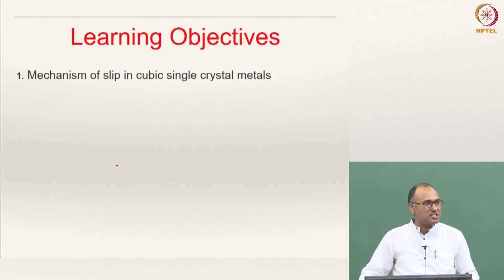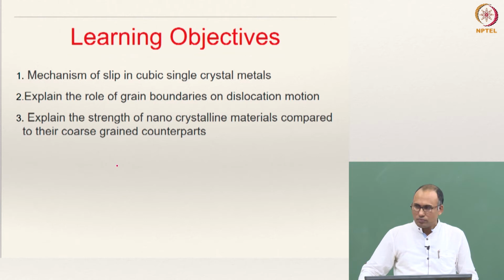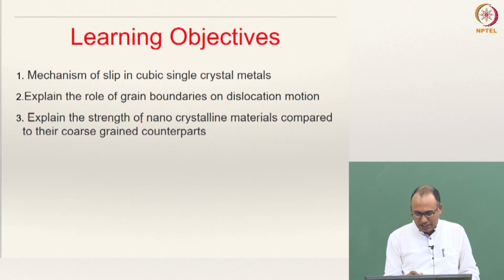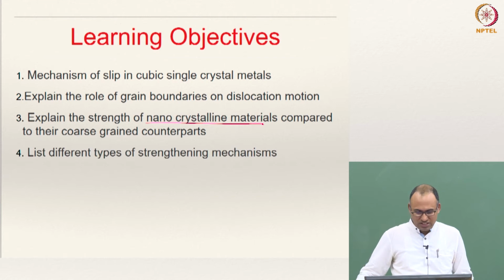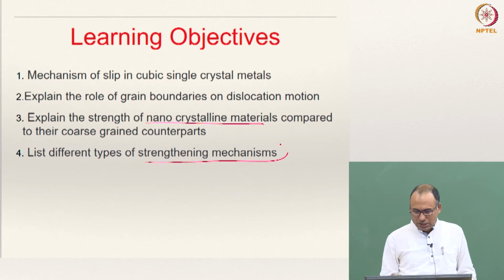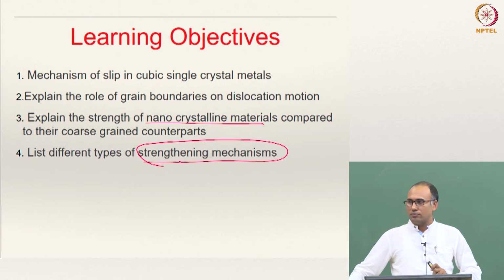What are the different phases of plastic deformation, and what is the role of grain boundaries on dislocation motion, and how can we explain the strength of nanocrystalline materials compared to their coarse grained counterparts, that we will discuss,